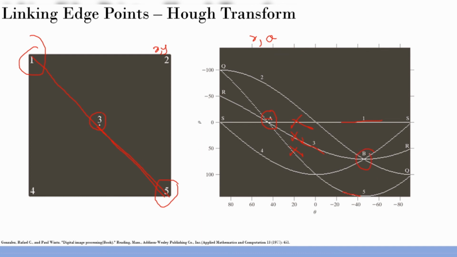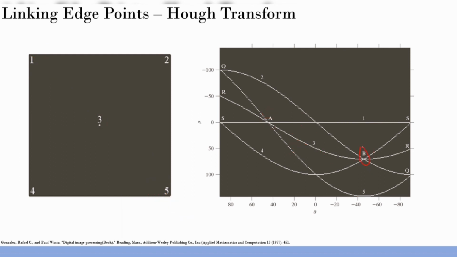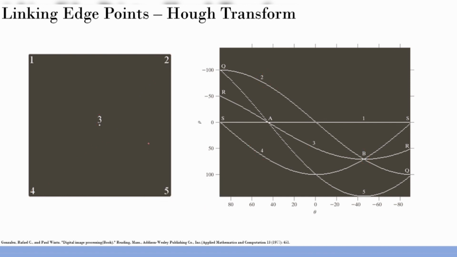And let's see this B. Let me discard everything. We are going to consider this B. B is governed by 4, 2 and 3. I think I'm seeing 4 curves. Yeah, 1, 2, 3, that's correct. So this 2, 3, and 4. So this is that line. That's all. I hope it's very clear to you, and there's nothing so magical about it.